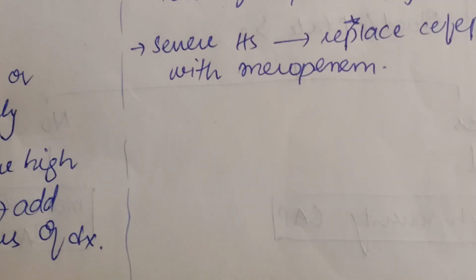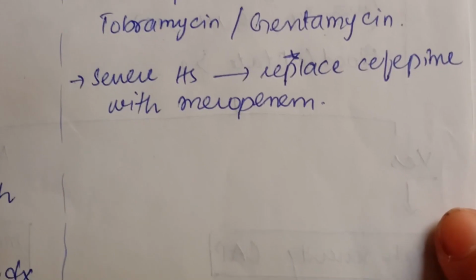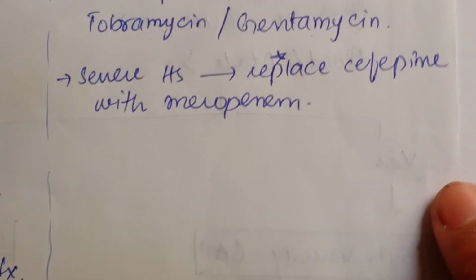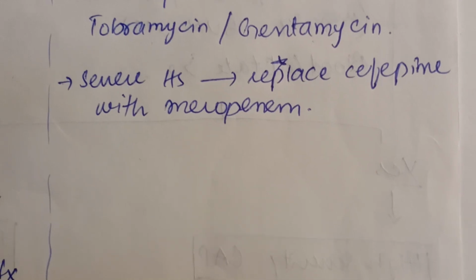So I have tried my best to summarize and read the guidelines and put them forward for you. I have written the antibiotics so that it makes it easier for you to go through the guidelines. You do not have to read all the text that is written there because it is quite difficult and time consuming. So if you have to see the management of pneumonia, first go through my video and it can give you the overview of which antibiotics are important. Then you can go through the ETG guidelines or Australian guidelines so that you would know what is important and